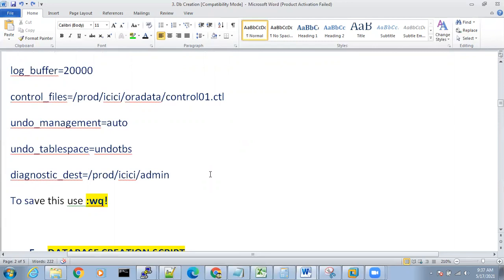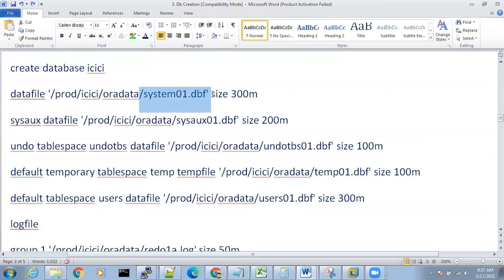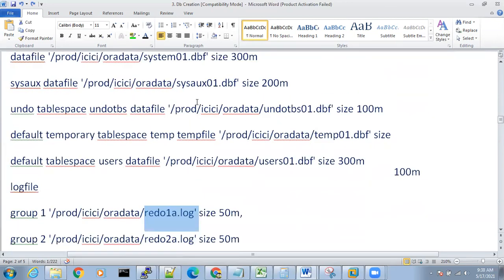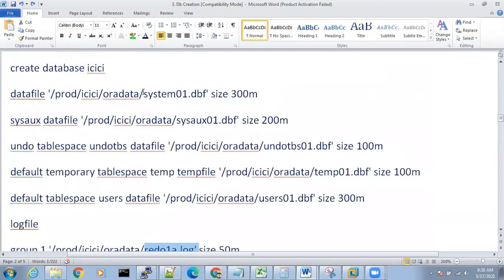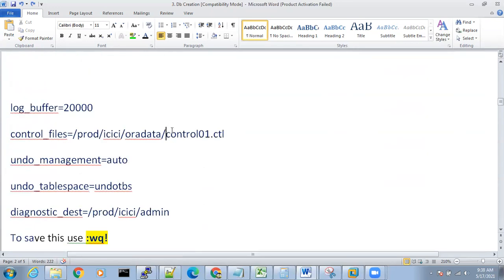In the coming sessions, we will learn about the control file in the control file management class. We will learn about data files in tablespace and data file management classes, and about log files in the redo log file management class. So there are two or three different sessions for this. What do you know about the data file? We will come to know in tablespace management. What about the control file? We will know in control file management.